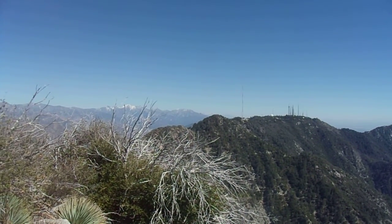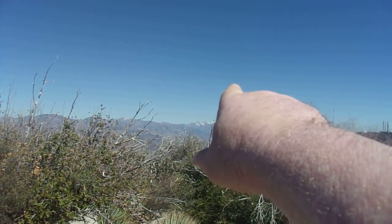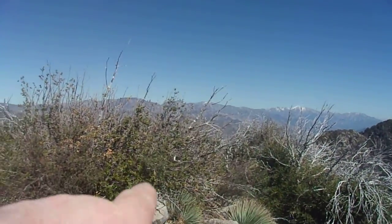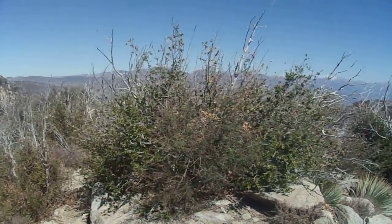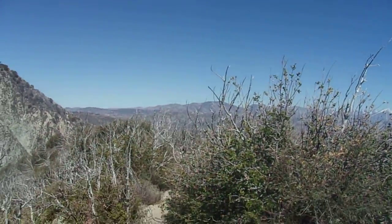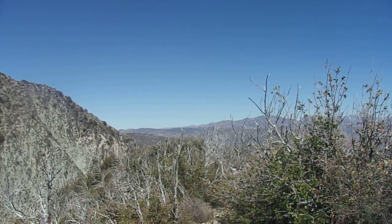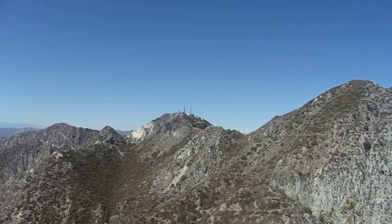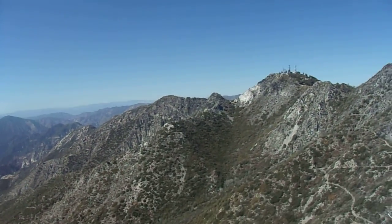Won't see it too much on the camera, but you can see the San Bernardino Mountains high country, San Bernardino Peak Divide and everything. Ontario Peak, Mount San Antonio, Dawson and Pine. It's looking over towards Throop Peak over there, Twin Peaks, Waterman Mountain. And you can see Pleasant View Ridge off there. That's part of the ridge of Mount Gleason. San Gabriel Peak, Mount Disappointment, Desolation Pinnacle, Mount Deception,